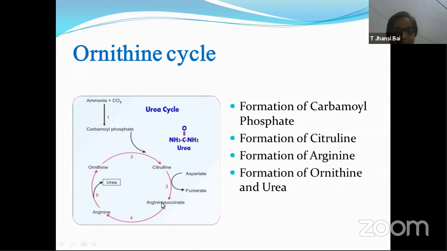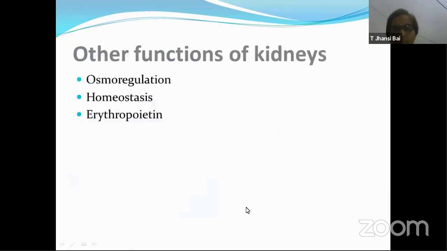This is one sub-step before formation of arginine. And finally, this gets converted into ornithine and urea. So here you can see production of urea, which is being sent out. Blood takes this, goes to kidneys, and kidneys filter it out. So this is, in short, about the ornithine cycle or urea cycle.